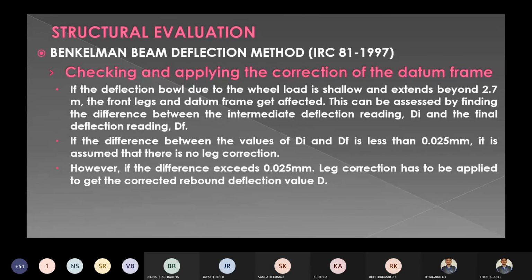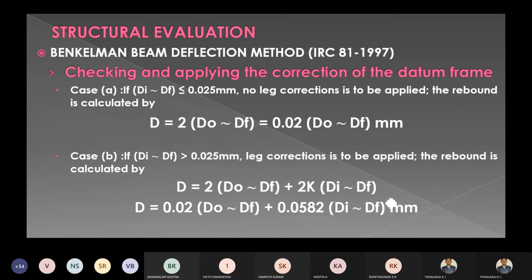So, as we all know, as you apply the load, I'll draw the diagram here. When you apply the load, a deflection bowl will be formed, which is recorded by the dial gauge. If the deflection bowl due to wheel load is shallow and extends beyond 2.7 meter, that is, if the width of the bowl after the wheel moves to the next point is 2.7 meter, then we are